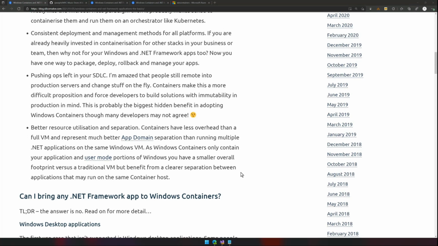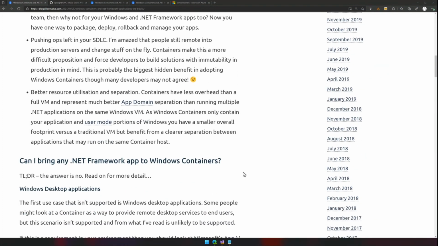Additionally, with Windows containers, we also have the idea of an additional VM-based container. For me, when I look at that, I go, well, why would you bother containerizing if you're going to then run it inside a VM? But again, if you have those really high levels of certification required to prove that you're running in a separated environment, even though you might be running on shared hardware, Windows containers can really tick that box. So that's kind of the 4 sort of high levels for me of why you want to consider this.